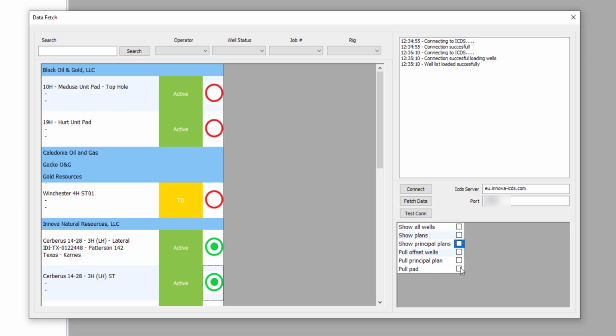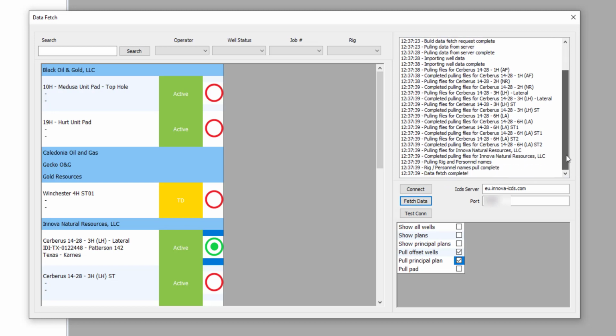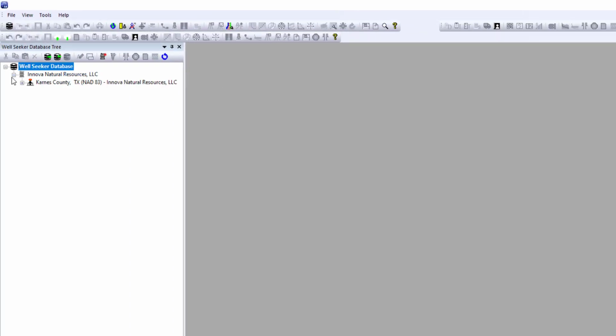So as an example, I will toggle on Pull Offset Wells and Pull Principal Plan, and then I'll select the well 3H under Enova Natural Resources, and then I'll click on Fetch Data. The message box will inform me on the progress of the download, and then when it's finished, it'll say Data Fetch Complete. Now I can close the Data Fetch window, and I can see in my database tree,